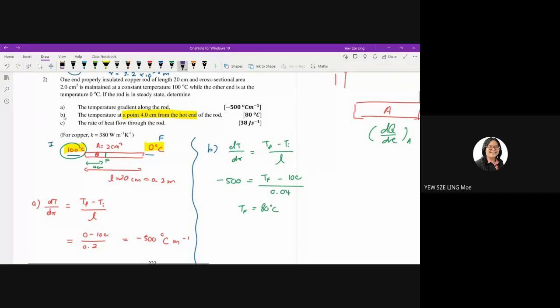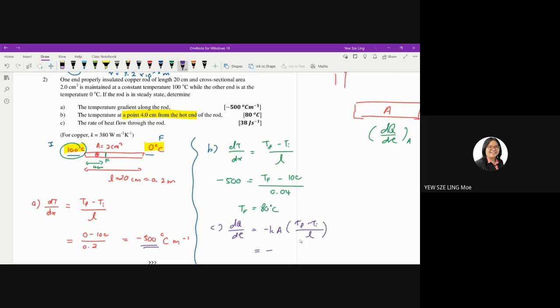So now let's look at question C. It asks you to calculate the rate of heat flow through the rod. So now you want to calculate the rate of heat flow of the whole rod. dQ over dt equals negative K A times T final minus T initial over L. You can use the value from question A. So it equals negative